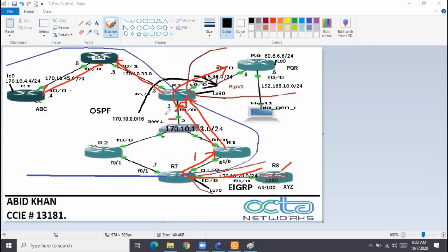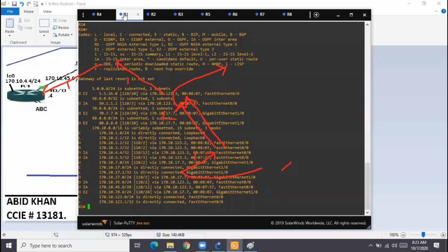Fast Ethernet also, cost is what? 1. So all the links are like Fast Ethernet here. So everywhere it will be what? 111. And that's the reason, if you see now, 100 is the original, 100 is the starting metric, and what is the cost along the path? 1 plus 1 plus 1 plus 1, 4, 104. So at every hop the cost will be different. Every router along the path will display a different cost.